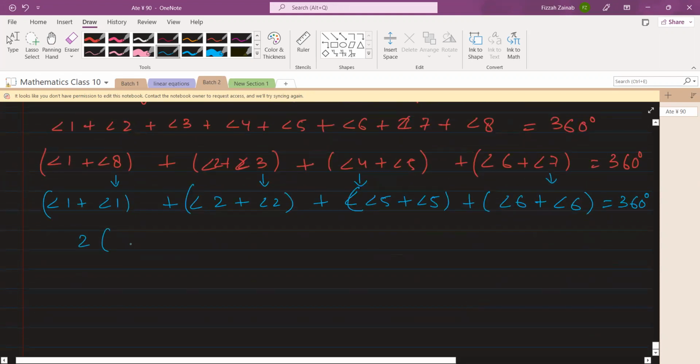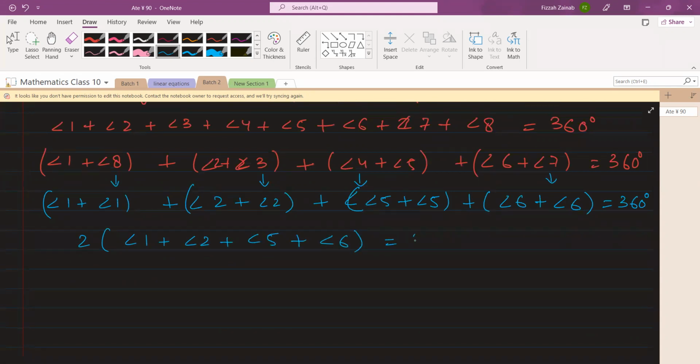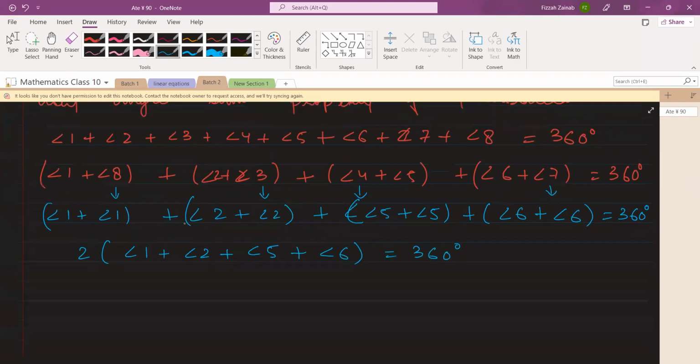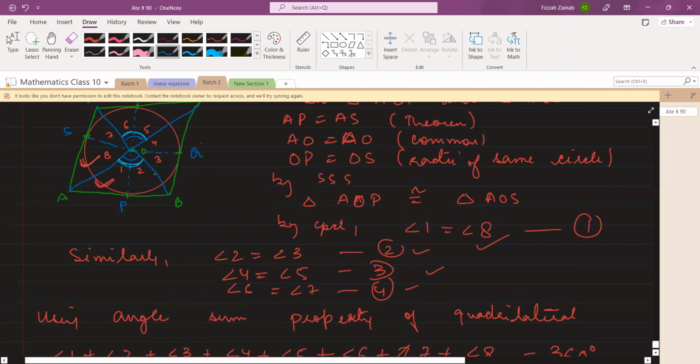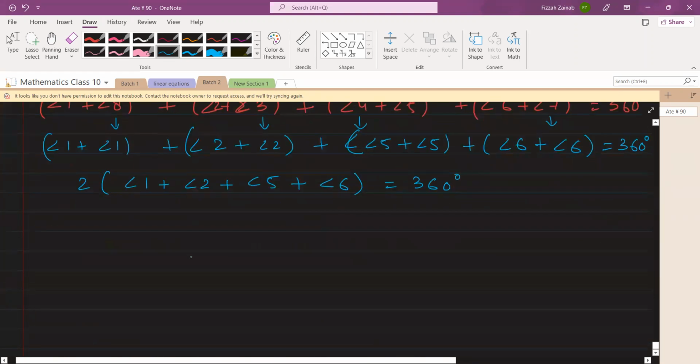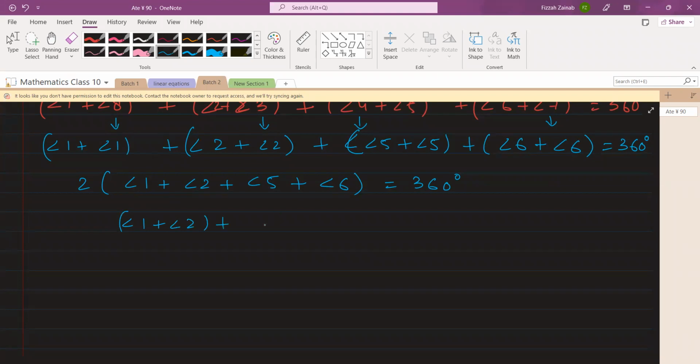If you take 2 common, that becomes angle 1 plus angle 2 plus angle 5 plus angle 6 is equal to 360 degrees. Then angle 1 plus angle 2 becomes your AOB, and 5 and 6 become COD. This 2 will come here, and then angle 1 plus angle 2 and angle 5 plus angle 6 is 180 degrees, and that becomes angle